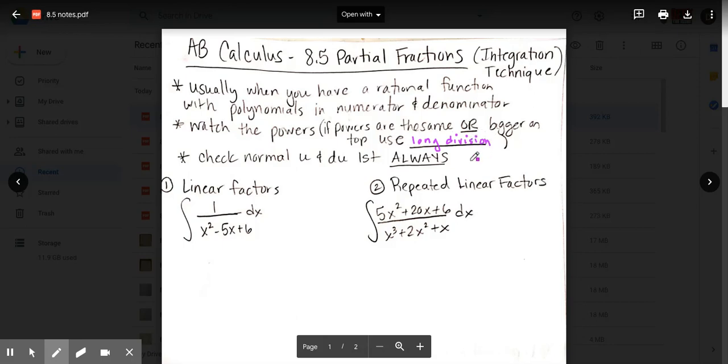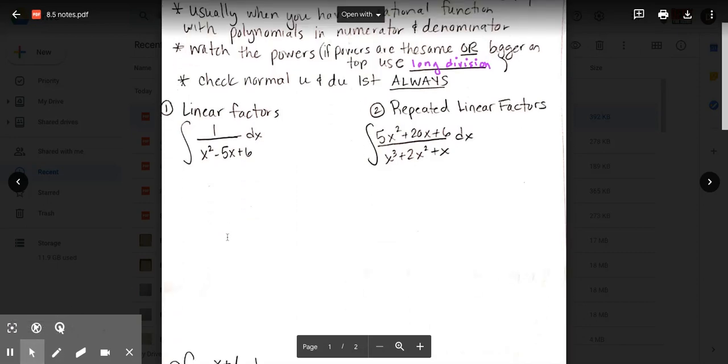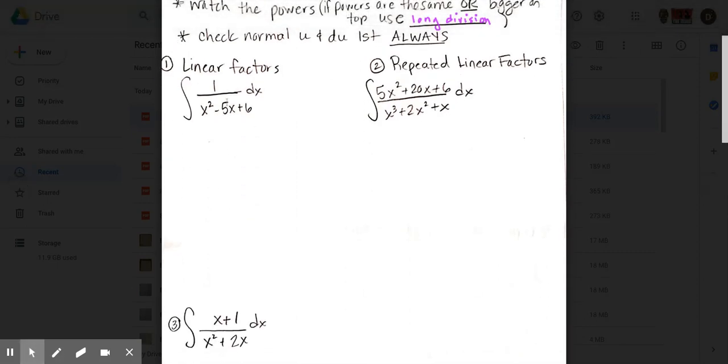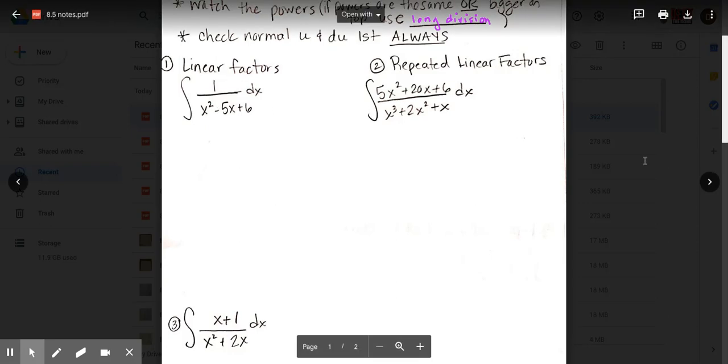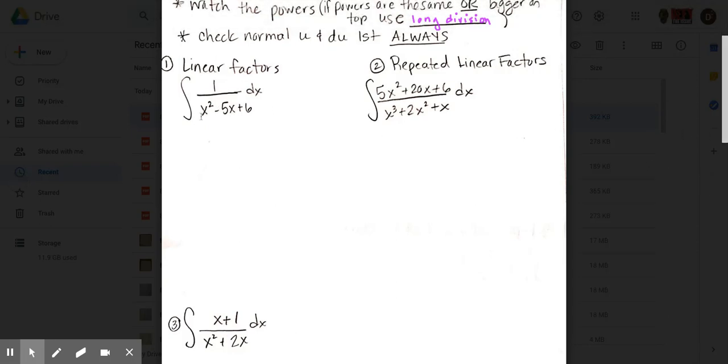All right, so with partial fractions, remember, you're looking at this. There's nothing else that you can do. It's not a regular u and du problem. The power is bigger on the bottom, so it's not long division. So what you're trying to do is